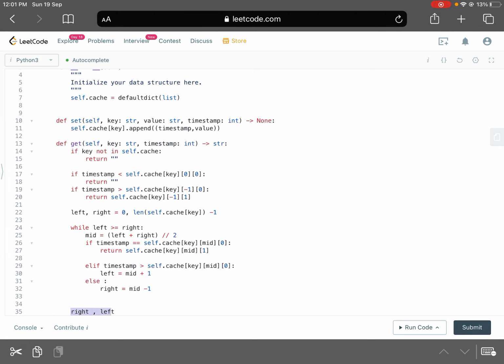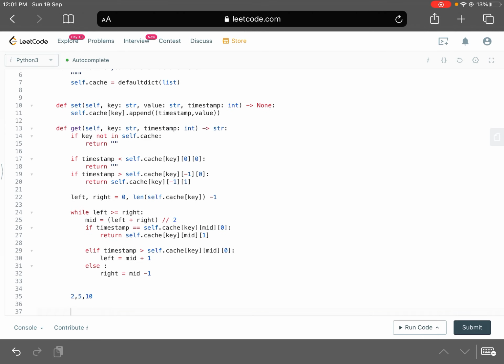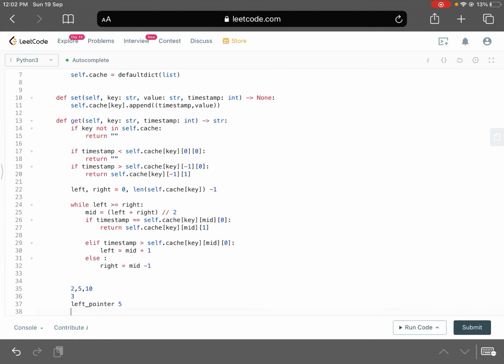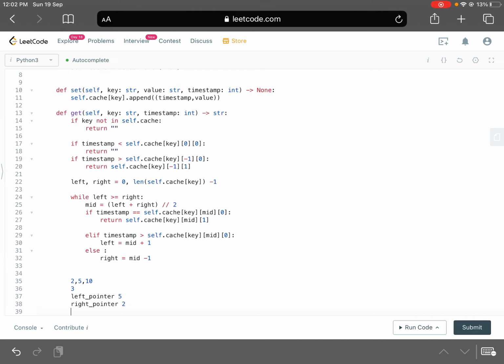So let's say we have some array like this, 2 5 10, and you're trying to do binary search for a value like 3, which is not there, right? Then the left pointer started with 2, but after it is done binary search it would have become 5, and your right pointer would have become 2, right?